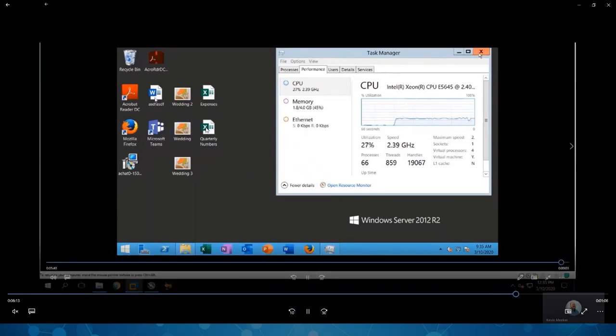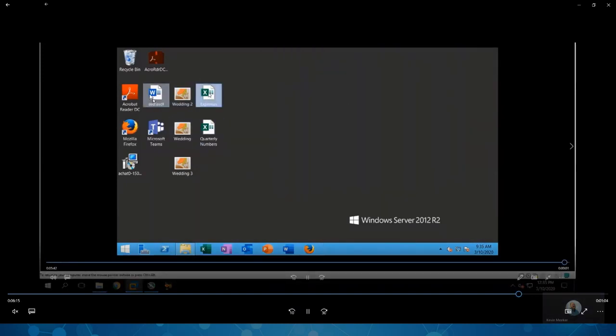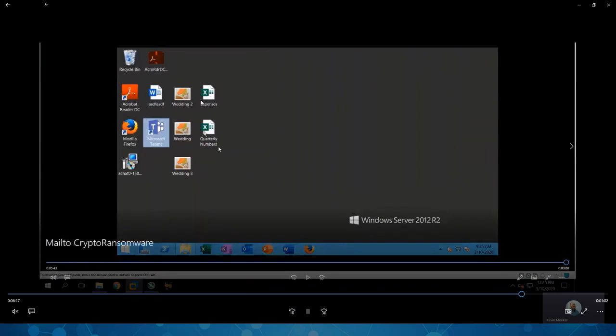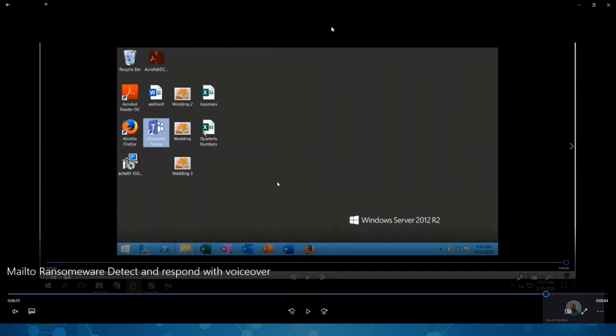So you see now we're back to Excel files, back to Word docs, and the infection has been removed and the machine restored to the state just prior to running that piece of ransomware. So again, some of that is very technical, but it was just an opportunity to see a piece of ransomware in action